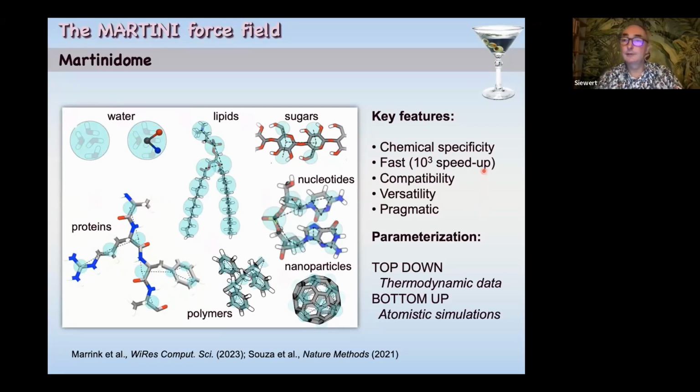It is much faster compared to all atom models, about 3 orders of speed up, and this is the main advantage. And the way we parameterize the Martini model using this building block approach makes it a very compatible and versatile model, and also pragmatic in its use, and people can easily add different types of molecules and parameterize these models, and then automatically they will be compatible with all the other molecules that are already part of